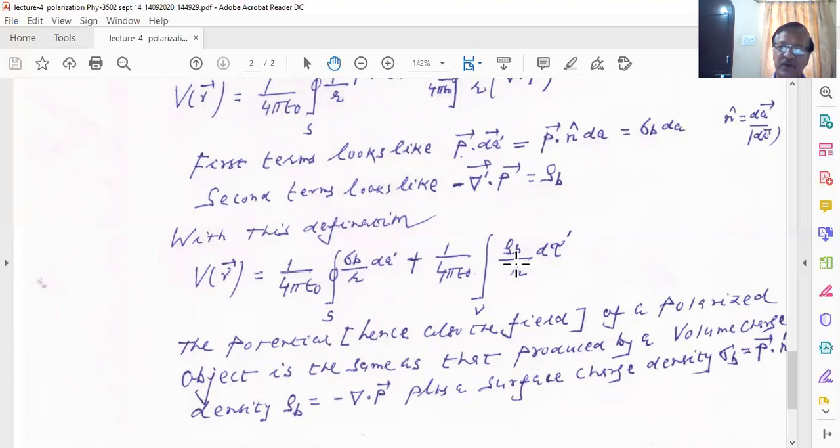And today we have found that if you have a polarized object, there are dipoles in that object, and they are all lined up. Because they are all lined up in that object, it produces a resultant field, which we have calculated using this expression. So I'll stop here, and in the next lecture we will see the numerical problems related to the polarized object. Thank you.